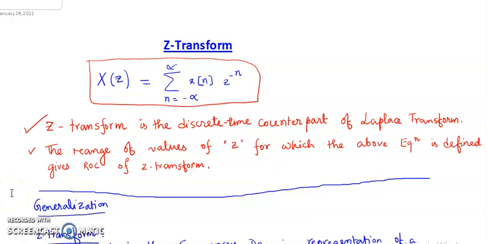In this video, we're going to discuss the Z-transform, which is used to find the frequency domain representation of discrete time periodic signals. So it is a counterpart for the Laplace transform. The Laplace transform was used to find the frequency domain representation of continuous time periodic signals. So here, when the signal is in the discrete time domain, we can use the Z-transform to find the frequency domain representation,